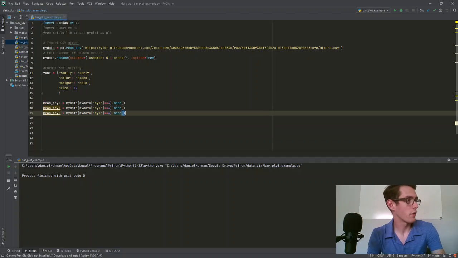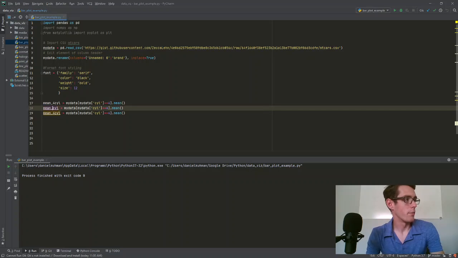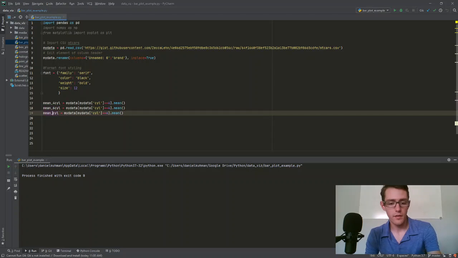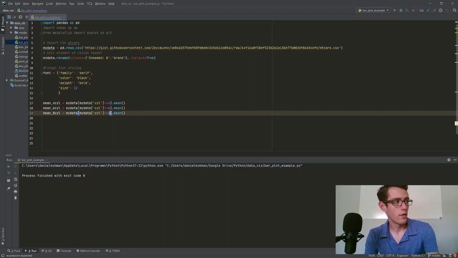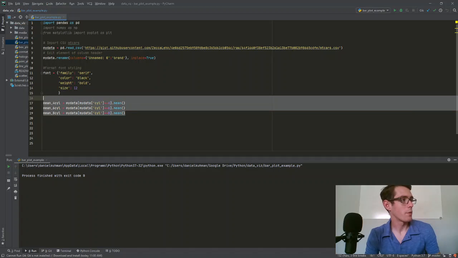six. Sorry, I froze up a bit there. We'll do that for 6 and 8 cylinders as well. So we just come in here and we change these 4s to 6 and 8, and then I'm going to copy these,